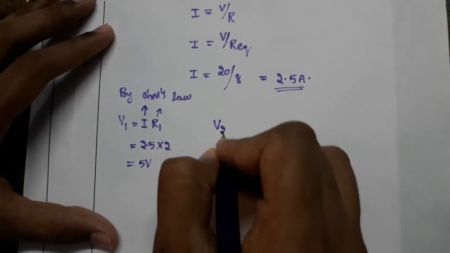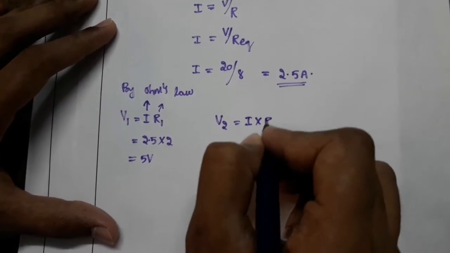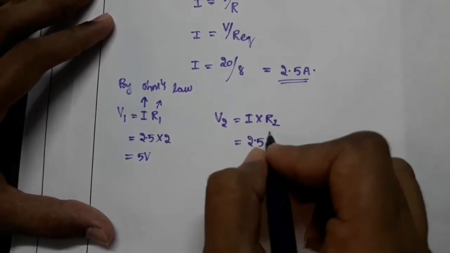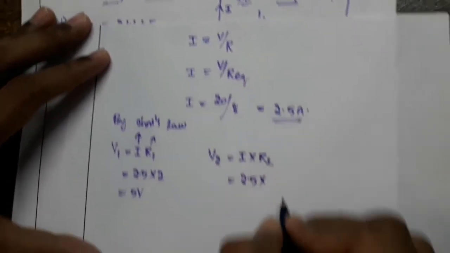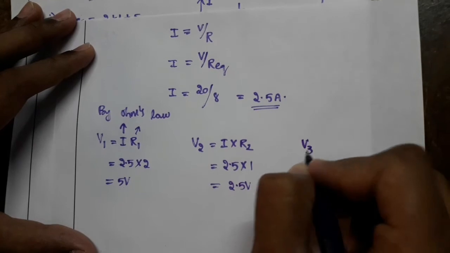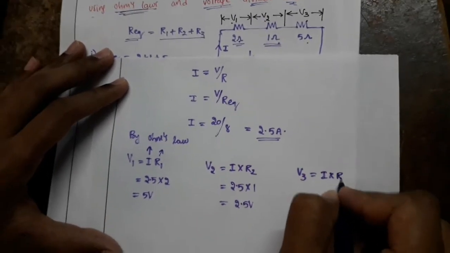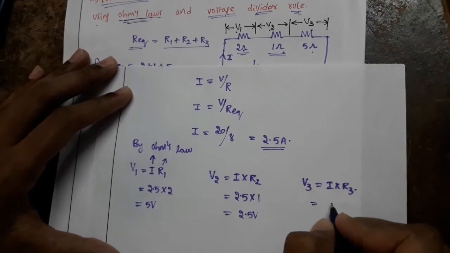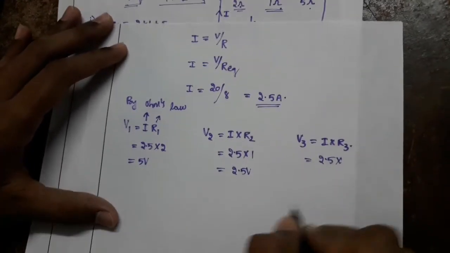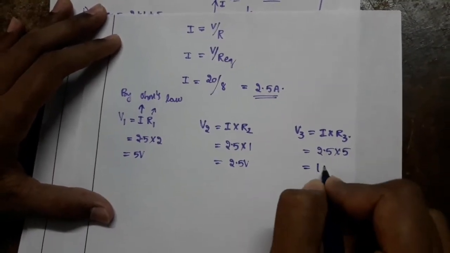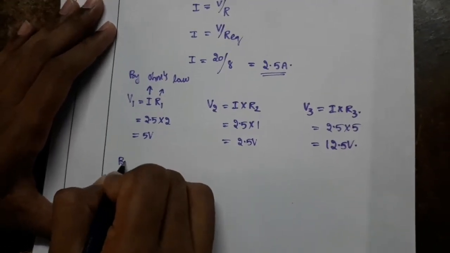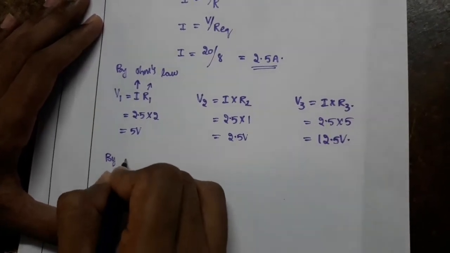For finding V2, V2 equal to I into R2, that is equivalent to 2.5 into R2 is of 1 ohm, so 1, that is equal to 2.5 volts. For finding V3, we know V3 equal to I into R3, that is equivalent to 2.5 into, we have R3 of 5 ohms, so into 5, that is equivalent to 12.5 volts. This is by using Ohm's law, where coming to voltage division rule, by voltage divider rule,